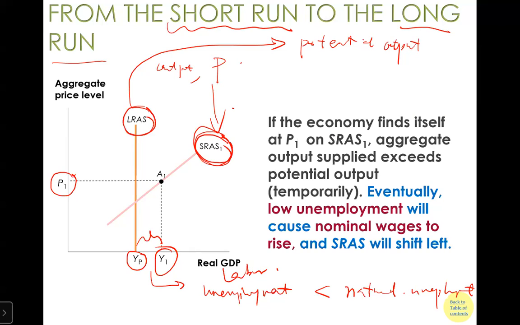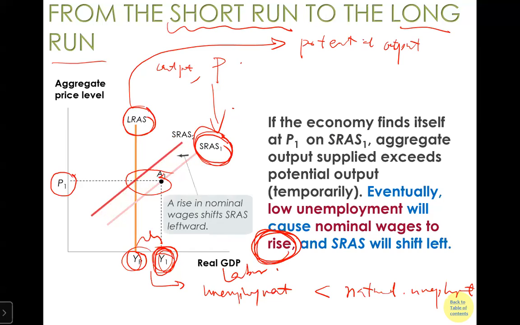If that's the case, that just reflects back here, right? So you have a gap because the economy is already operating beyond its potential. So the unemployment rate is very low. If that's the case, then the economy itself is going to generate a pressure on nominal wage. The nominal wage will rise. If the nominal wage rises, then the aggregate supply will shift back. Okay, and so this pushback happens